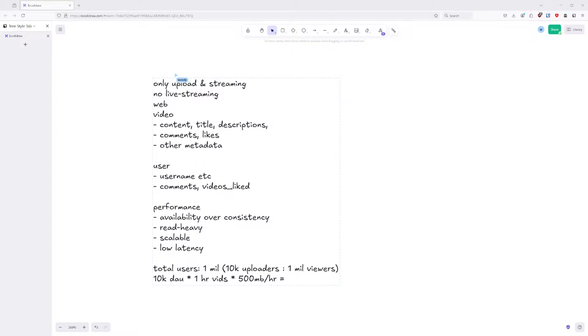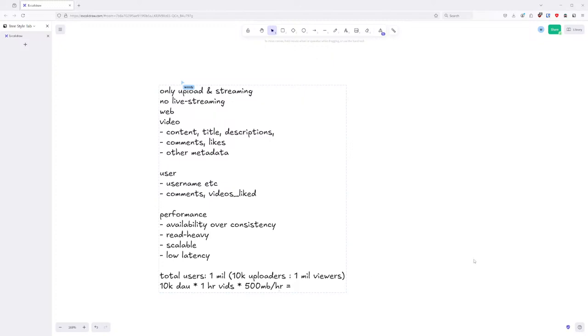Every day will be 5 million megabytes. I forgot the conversion. This is 500 megabytes per person, essentially. Right, 500 megabytes times 10,000. That is giga, so that's 5 terabytes. Yeah, sounds about right. So that's per day.